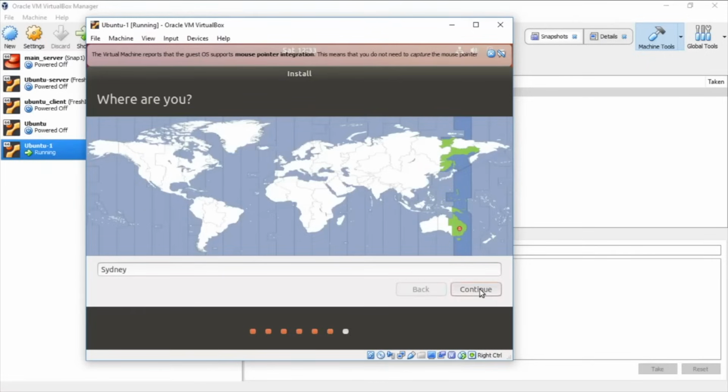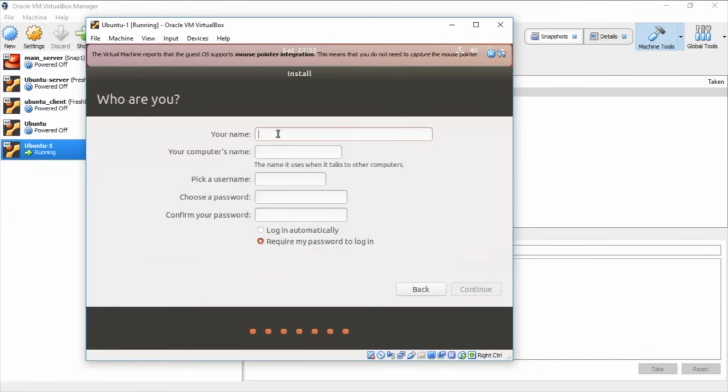And that's my time zone correctly, so no problem. Need to specify a name here and password. Oh, I had the caps on. Now